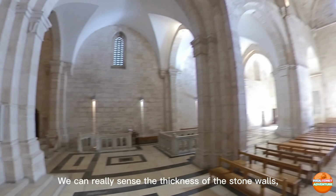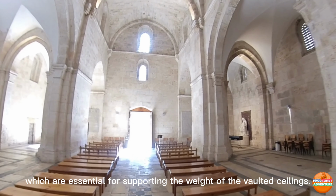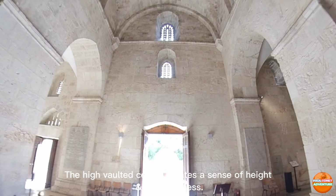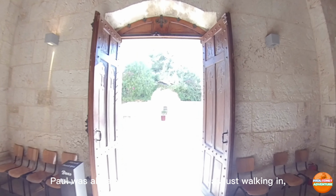We can really sense the thickness of the stone walls, which are essential for supporting the weight of the vaulted ceilings. The high vaulted ceiling creates a sense of height and spaciousness. Paul was already on his way out as I was just walking in, having taken a bit longer to pay